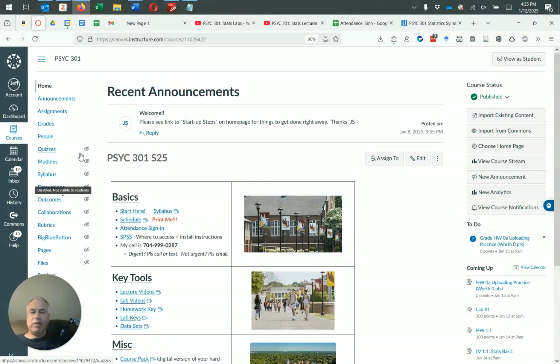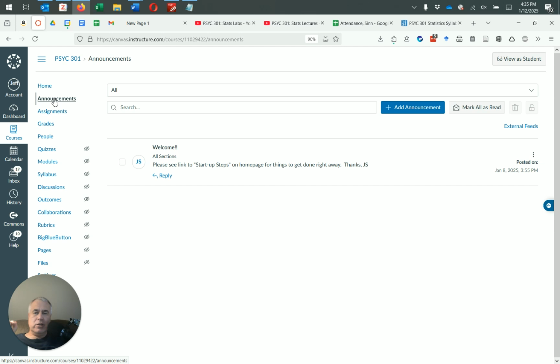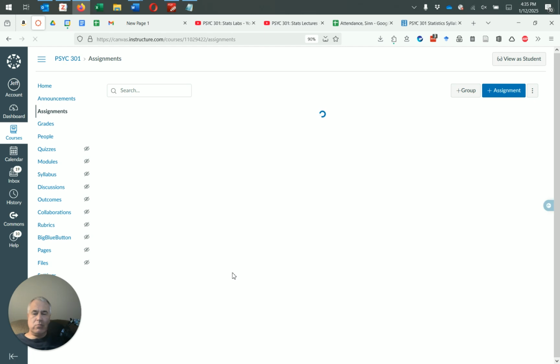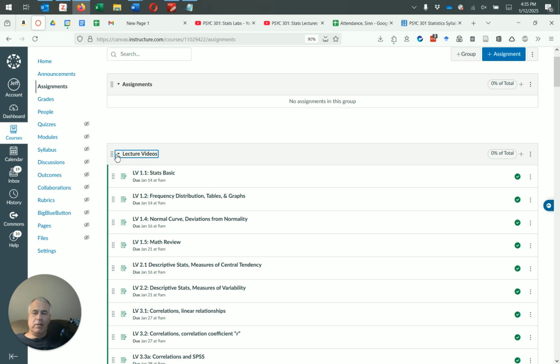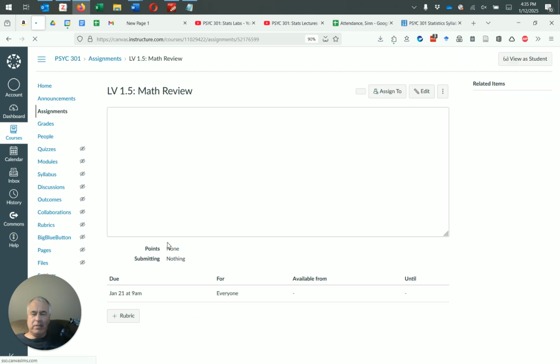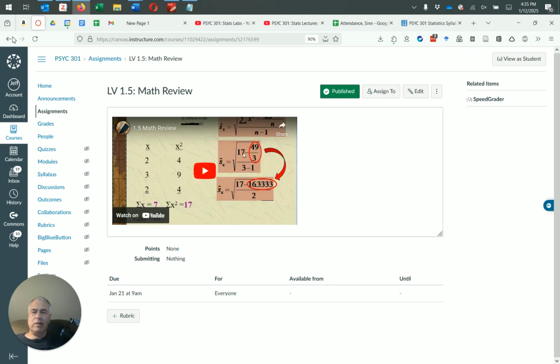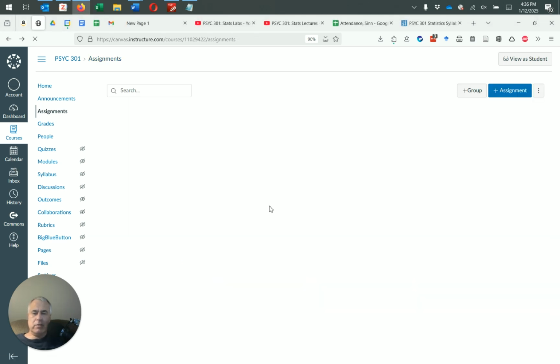All right, let me show you a few other things. Announcements: anything you see as an announcement you should have already received as an email, but you might need to refer back to them, so they're here. That's the home page. You can also go here to the announcement section. A huge chunk of the Canvas stuff is just where you turn in assignments. So here are all the lecture videos. I can't remember, I might have linked to these. Yeah, they're linked, and if not there, you can just go to the YouTube playlist and you'll find all of those.